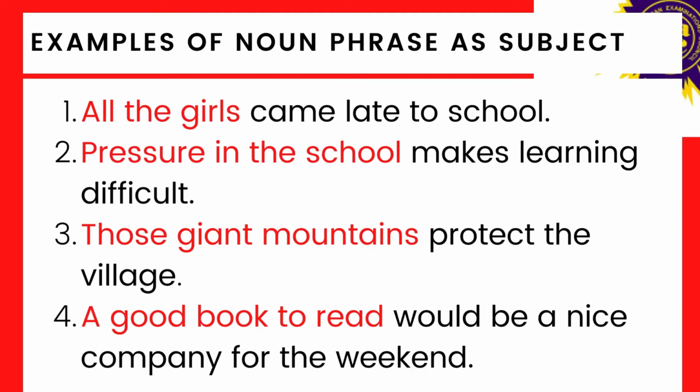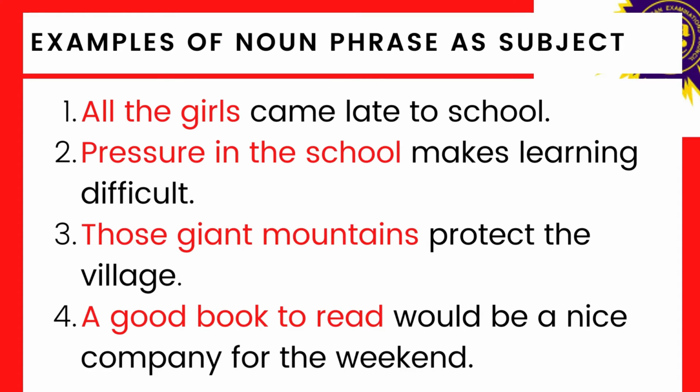Lastly, we have: a good book to read would be helpful. Just as in the previous three, the noun phrase a good book to read begins this sentence. It is the performer of the action of the verb that is would be. It is that thing in the sentence about which something is said. And the verb phrase would be immediately follows this noun phrase, so we are confidently able to conclude that a good book to read, our noun phrase, is the subject of the verb would be.